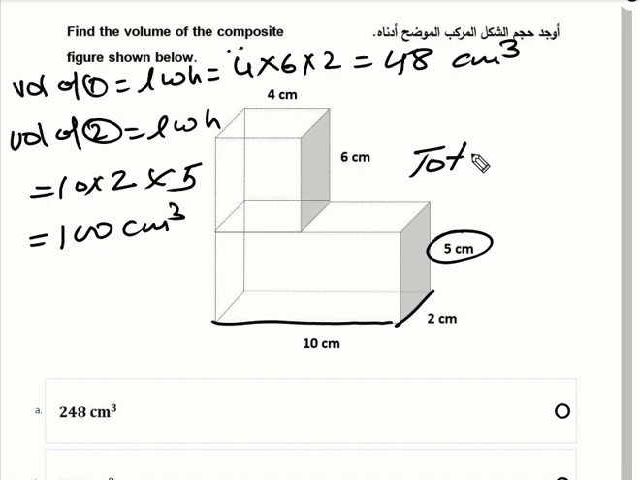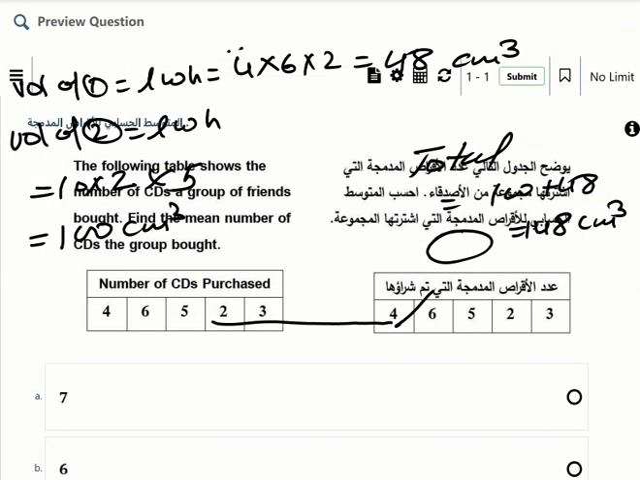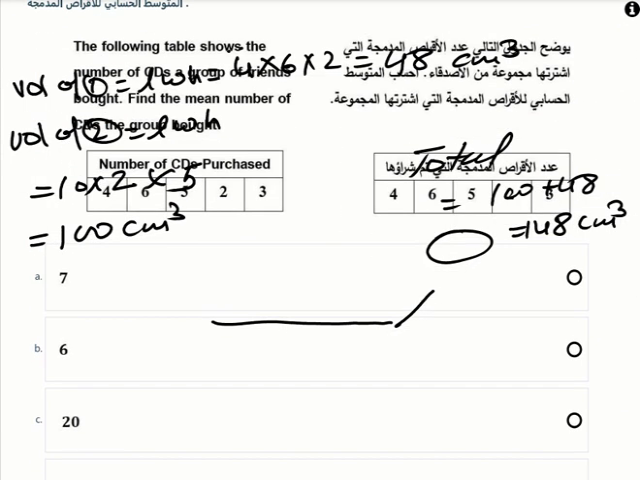So total volume will be 100 plus 48, means 148 centimeter cube. Okay, like this you can finish this question. Now another question can be,